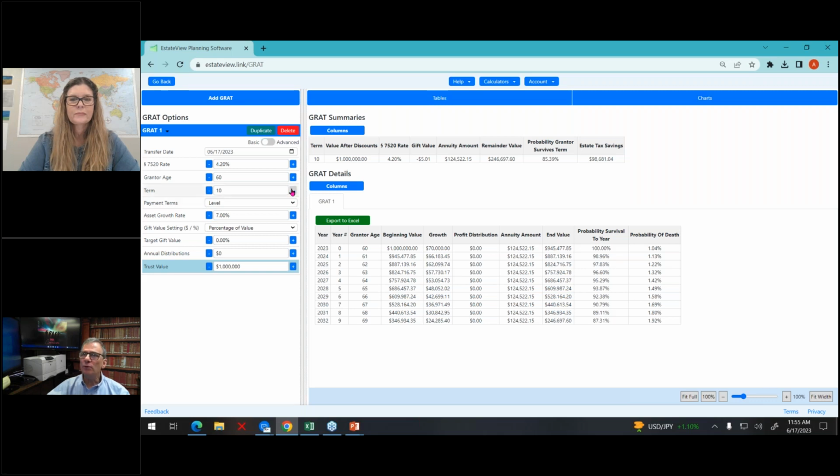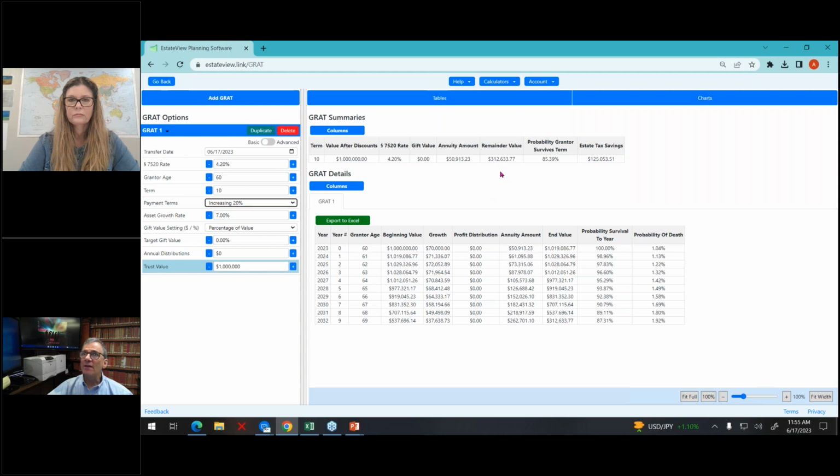So for people who don't really want to do expensive or complicated estate tax planning, at least the growth over 4.2% a year can be excluded from their estate using the GRAT. And I just described equal payments. The regulations allow you to have the payments increase by 20% a year. So when I click there, the annuity amount goes from $124,000 a year to starting at $50,000 a year, and the remainder interest is then going to be a projected